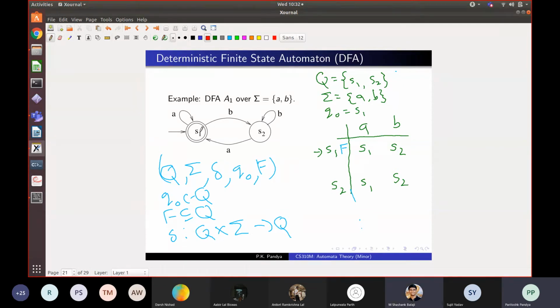The design system can only do one thing on a given letter from a given state. These are the kind of systems that, even for physical systems, Newton assumed the world is deterministic. It can be in a current state, which is determined by the values of observed variables and their derivatives and derivatives of derivatives. And there is exactly one thing it can do from there. So it evolves in a deterministic way, and the way it behaves depends on the current state and what happens on the inputs. So this determinism is a very deep idea in science. And then we will consider non-determinism, which is very prominent in computer science, and which generalizes this in a very interesting way. So let us keep it for next time.